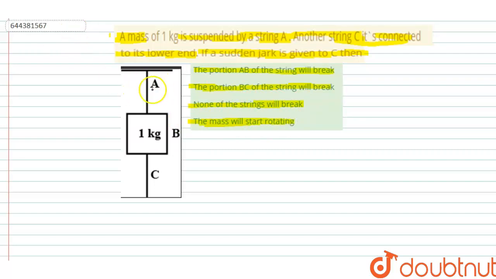Okay, this is the figure of this question. This is a string A, and a 1 kg mass is attached at B. Another string C is connected to its lower end, and due to C being connected, tension develops. Then at the initial condition,